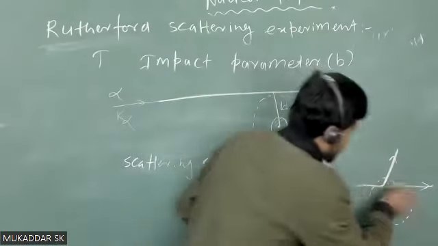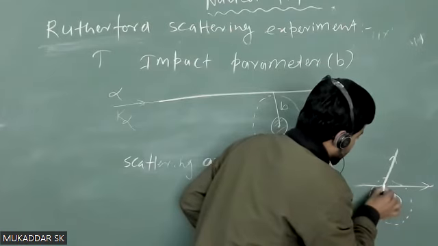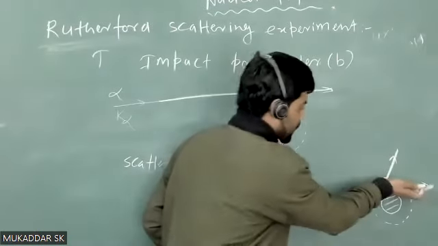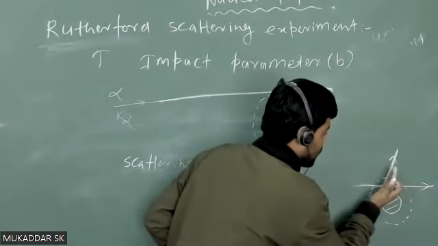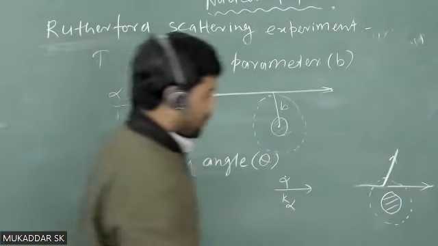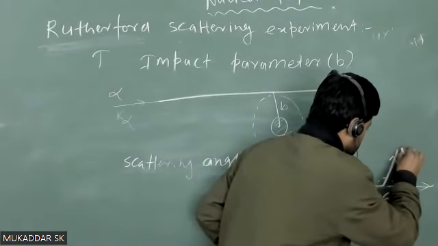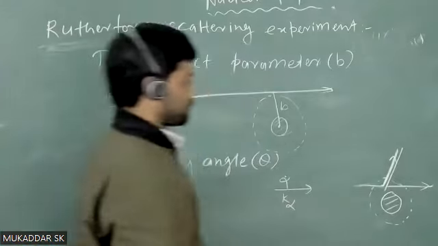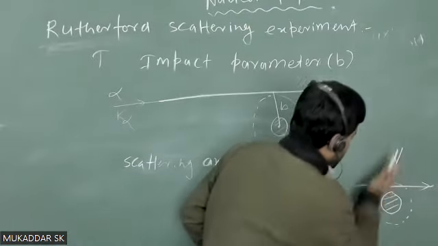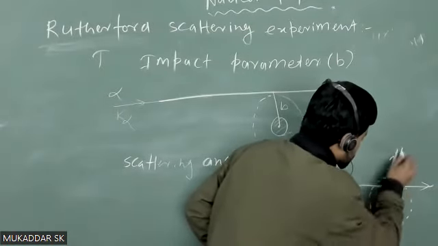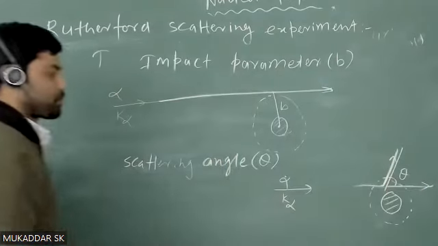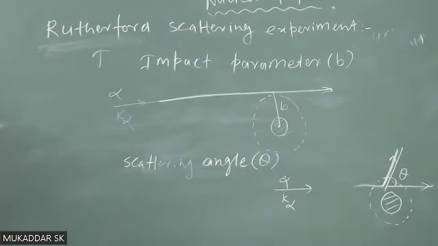So this is the direction of incident alpha particle, and departed alpha particle मतलब क्या है? After scattering किधर जा रहा है? डिपार्टेड मतलब स्कैटरिंग होने के बाद किधर जा रहा है, और ये थोड़ा सा आपका कर्व जैसा होता है, और कर्व से हम एसिम्प्टोटिक लाइन बनाते हैं, है ना। तो जो डिपार्टेड अल्फा पार्टिकल का एसिम्प्टोटिक लाइन है, उस लाइन के साथ जो इंसिडेंट अल्फा पार्टिकल का एंगल है, दैट इज कॉल्ड स्कैटरिंग एंगल।